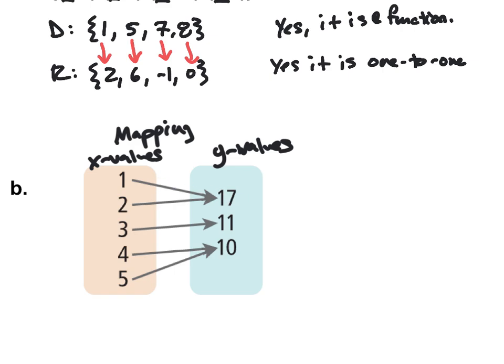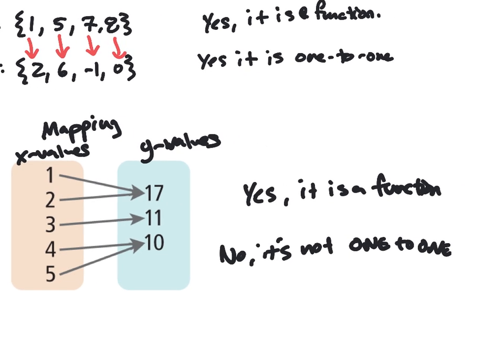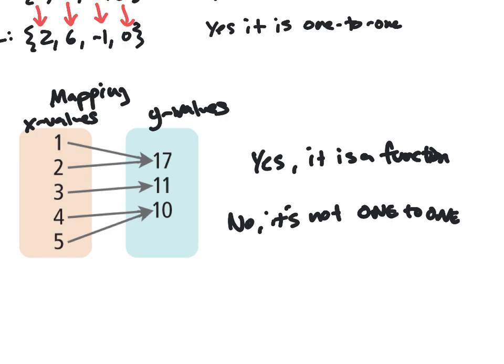But this is a function, so yes, it is a function, but no, it's not 1 to 1, okay? So it's not 1 to 1, and the reason is that the y values